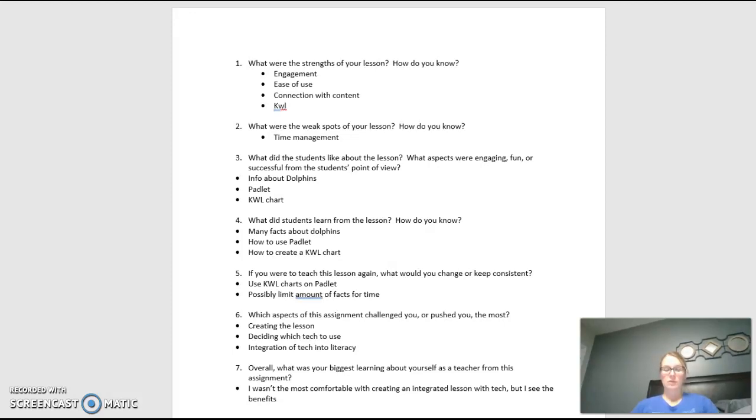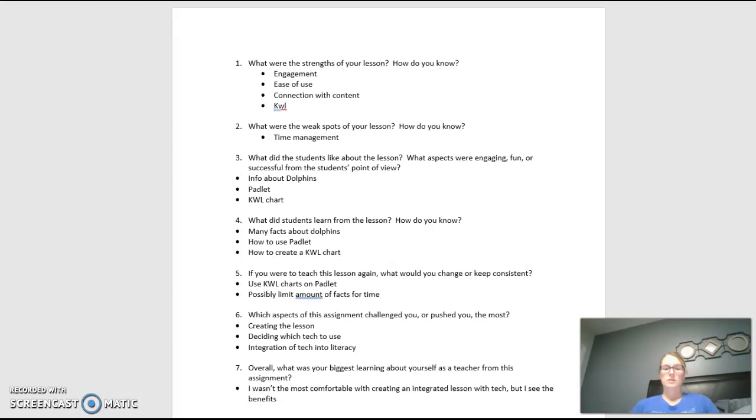I felt that the KWL chart was helpful to organize her thoughts and what she learned and summarize and answer questions that she was wondering. And I feel like it helped her retain the information very well, because I only read the book to her the one time on the recording, and she remembered lots of things, I think, because that wonder portion prompts her to be looking and remembering those questions.